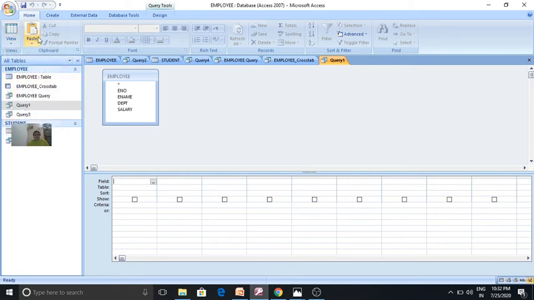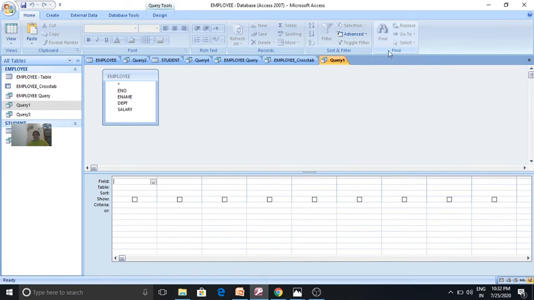And this is the clipboard: cut, copy, paste, format painter. Font group is for changing the font style, size, all these things. Rich text, records for creating new records, saving the records, deleting the records, totaling, refresh all. Then you have sort and filter for performing sorting and filtering. You can use this group.